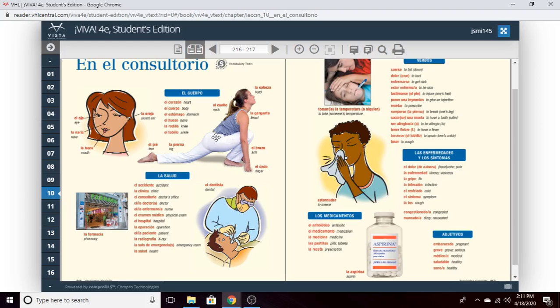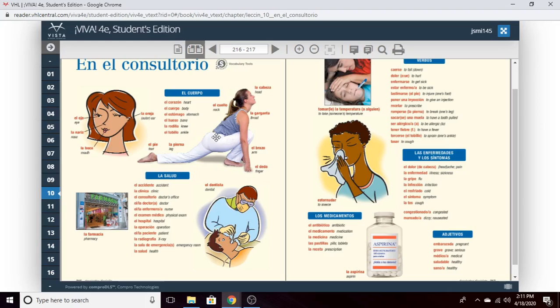Look at this word, farmacia. One of your culture sections is about the difference between pharmacies in the United States and in other countries. In other countries, you can do a lot more in a pharmacy. A pharmacist in other countries can almost treat you. You go in there and tell them your symptoms, and you can buy things like antibiotics over the counter. And we know that those sorts of things require prescriptions here in the US.